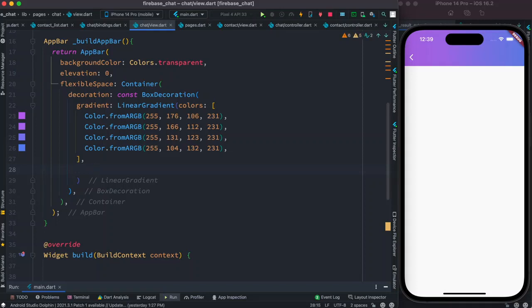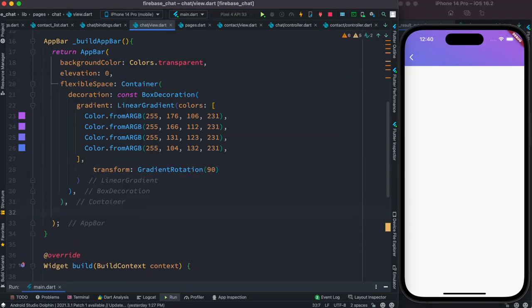So now we don't want the color to be set up like this, so we can change a little bit. Here we could do transformation, and here we could do gradient rotation. Now let's put it 90 degree and see how it goes. You see it already rotated, and that's beautiful. All right, so that was a part of it, and then we also want to set up our title. So that was the elevation,